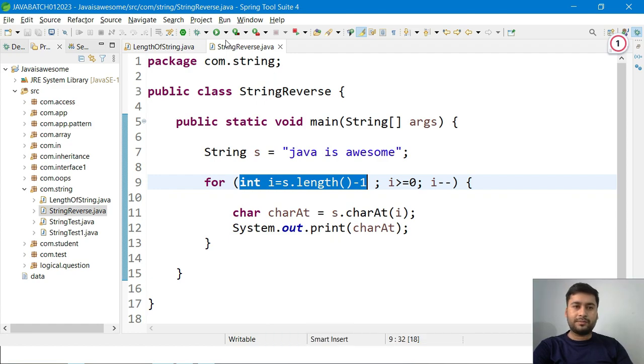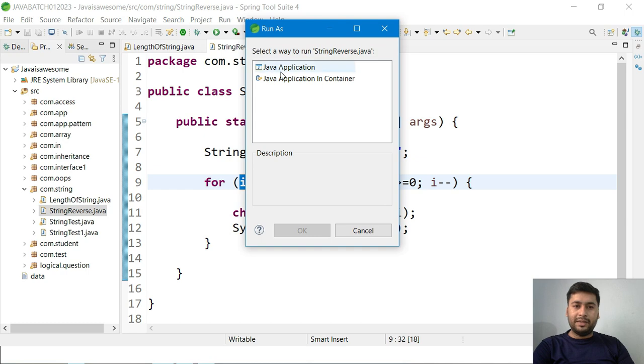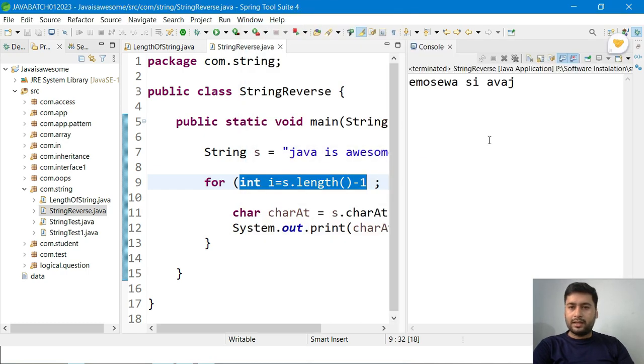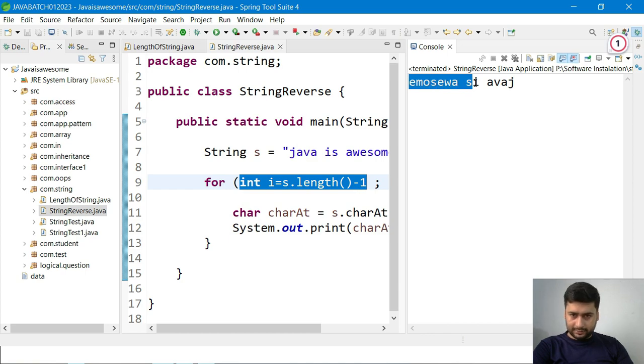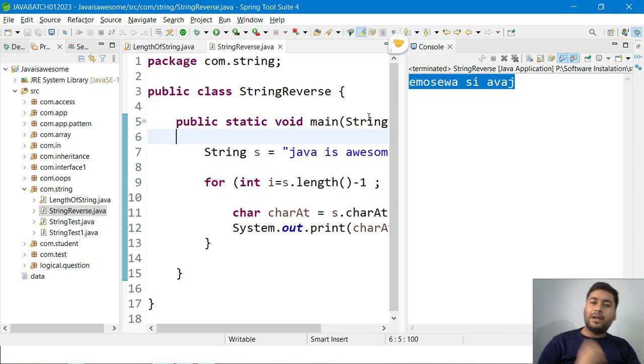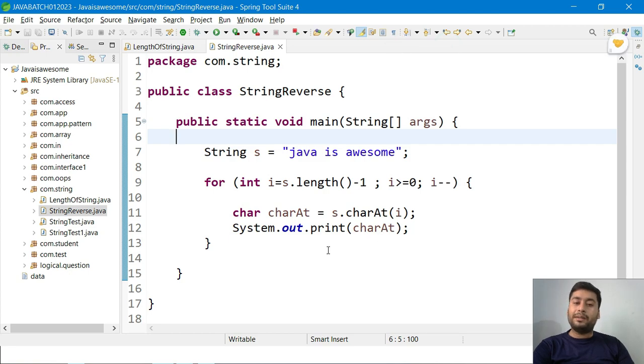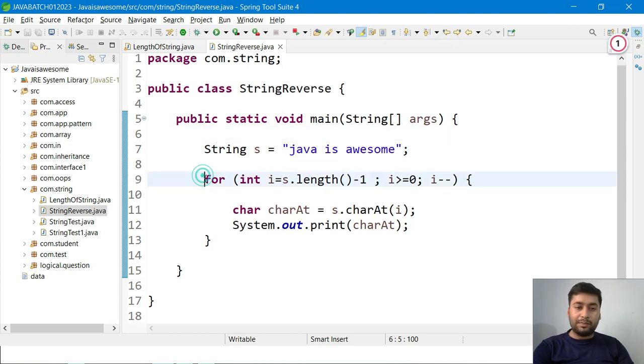Okay, so let me run. If you run this code, you can see we have first printed the E, then M, O, S, then I, S, E, A, B, A, J. So this is the reverse we have done of this particular string. Whatever we are doing is fine for beginner level, it's good. But the time complexity of this logic is